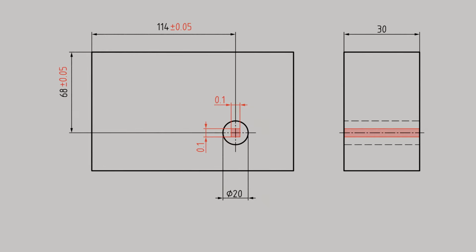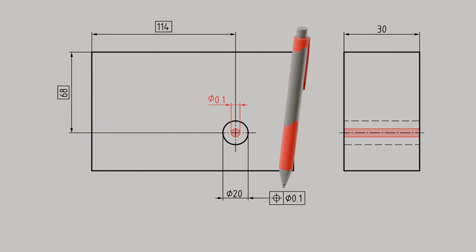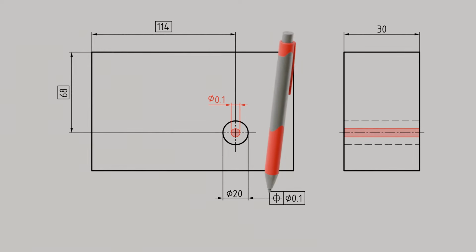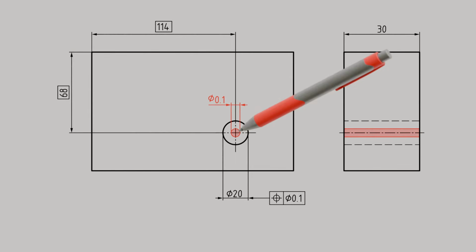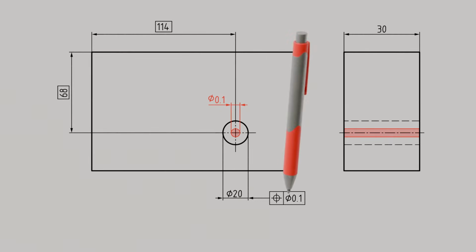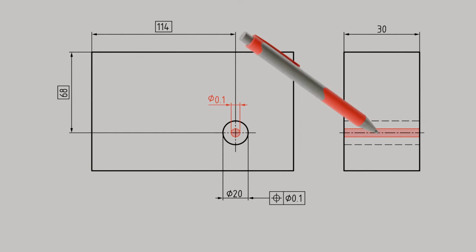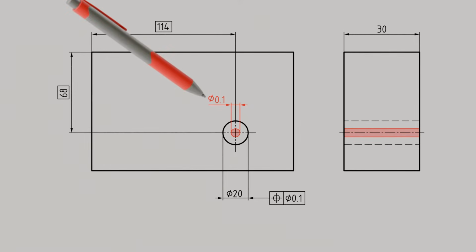To avoid these problems when tolerancing the position of the whole centerline and to ensure clarity, the position tolerance can be used. This type of location tolerance is symbolized by a cross with a circle at its center, resembling a crosshair. Since in our case the position of the whole centerline is being toleranced as a derived feature, the leader line of the feature control frame is again placed as a direct extension of the dimension line of the hole diameter. Since in our case a cylindrical tolerance zone is to apply, the position tolerance value is preceded by a diameter symbol. The center line of the hole must now lie within a tolerance cylinder with a diameter of 0.1